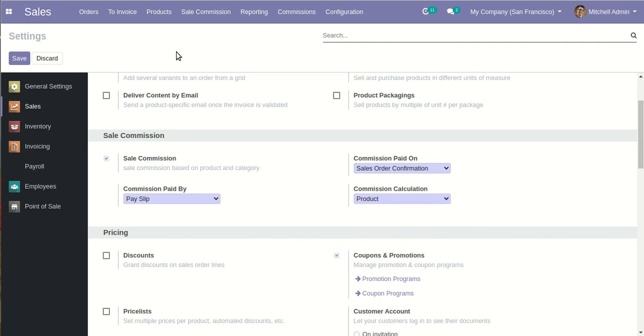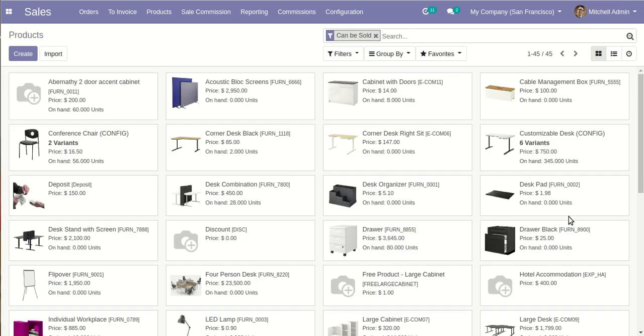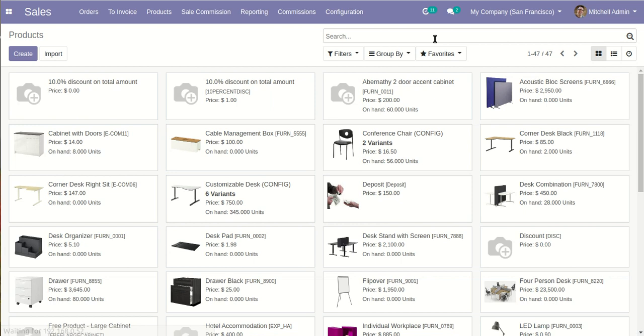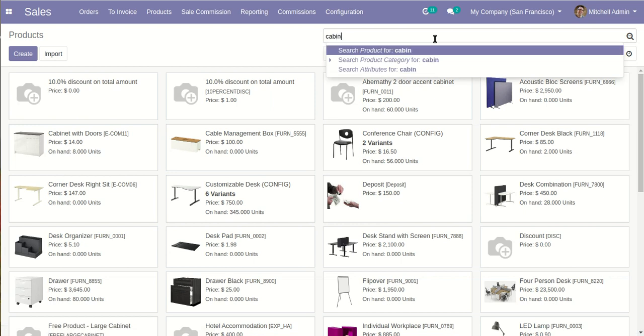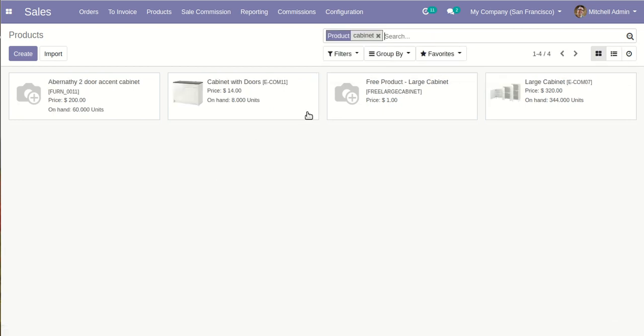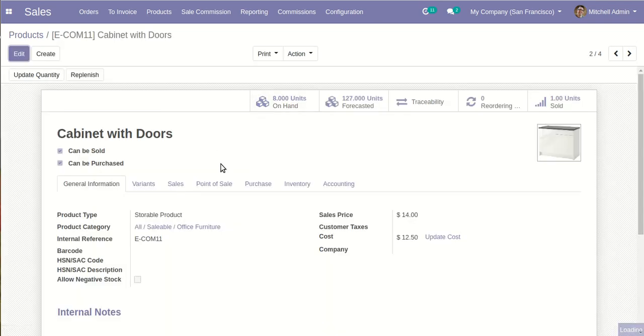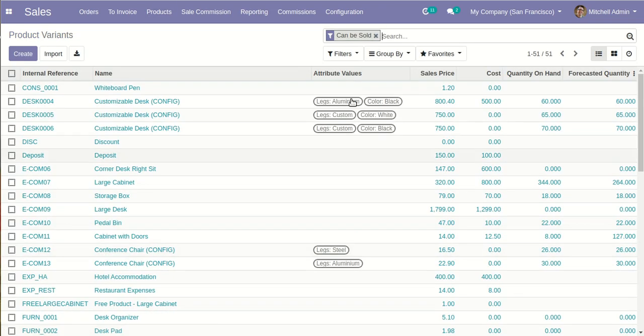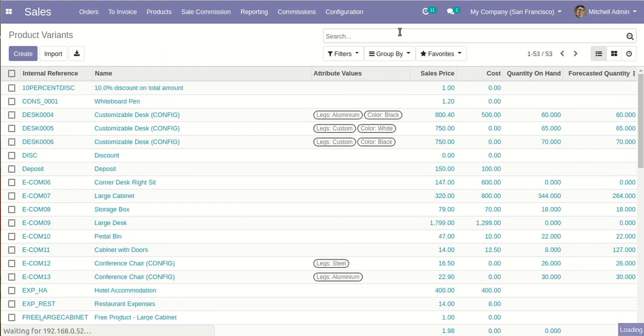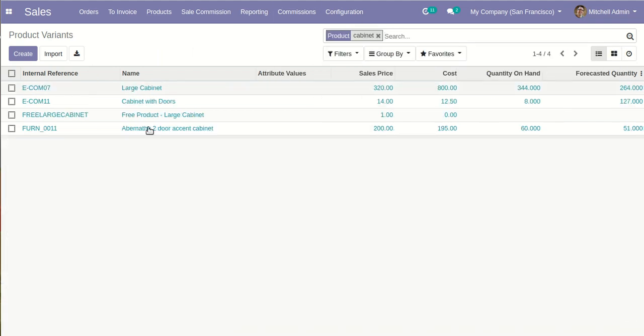Now let's move to the main functionality of the commission and how it will work. I am going to Products and we'll take a sample product. Here we go to product variants for the individual product variant, and we search for the same product, cabinet with doors.